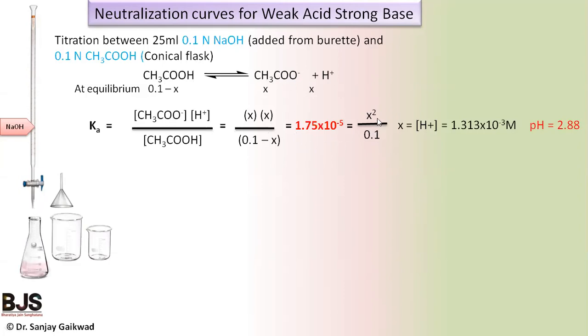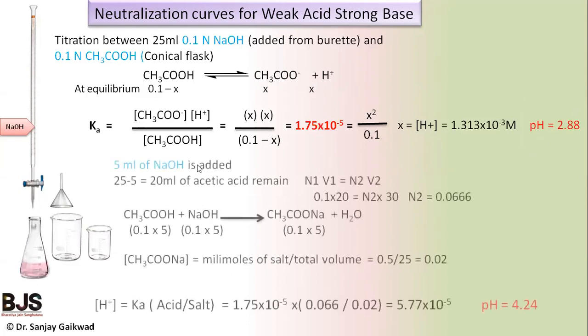Now from that we can calculate the value of X, that is equal to the hydrogen ion concentration. From that we can calculate the pH of the solution, and it is observed that the pH of the acetic acid solution, having 25 ml of 0.1 normal acetic acid, is equal to 2.88. Now when we are adding 5 ml of NaOH from the burette, we observe that the 25